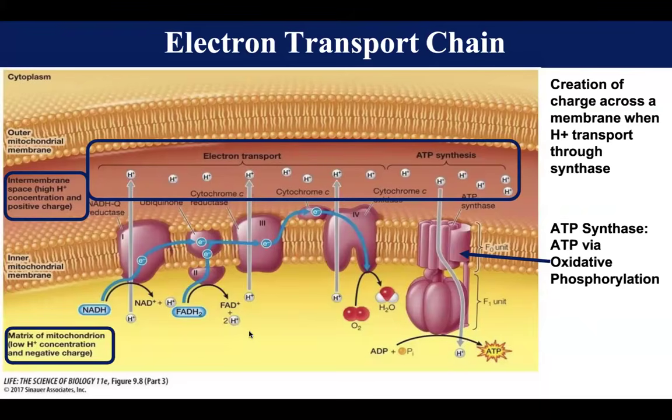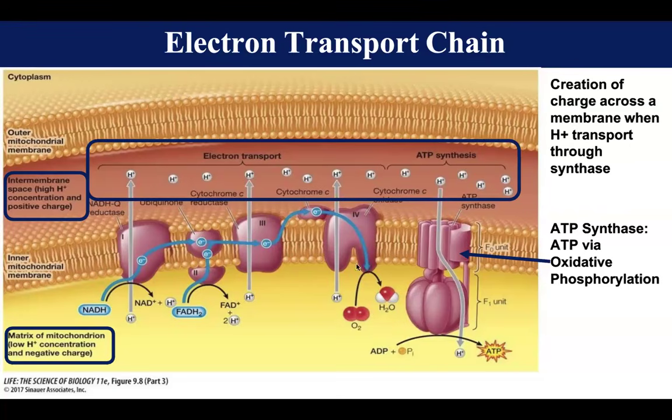So this proton gradient is extremely important because in order to form ATP, your hydrogen ions go through what's known as ATP synthase. As your hydrogen ions go through ATP synthase, your F0 unit is kind of like a motor, which just circles around, and then your F1 unit helps convert ADP into ATP by combining ADP and a phosphate together. So electrons get accepted by these complexes here and get passed down.